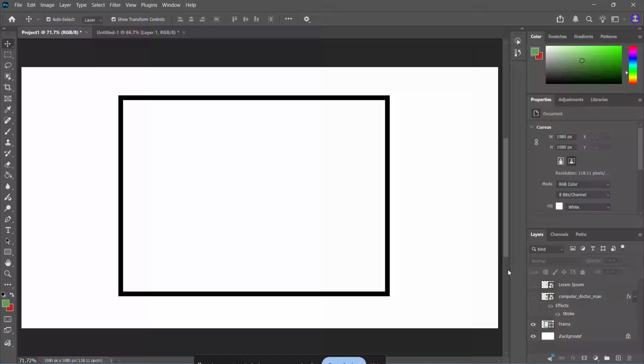If you've ever wanted to round the corners of a shape in Photoshop, this tutorial will show you the fastest and easiest way to do it in 2026. Whether you're designing buttons, cards, icons, or clean modern graphics, rounded corners can instantly make your work look more polished